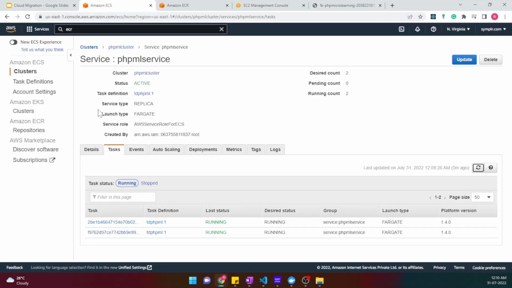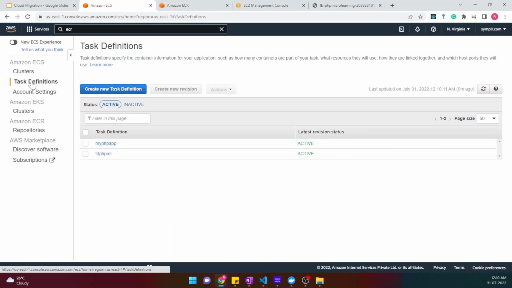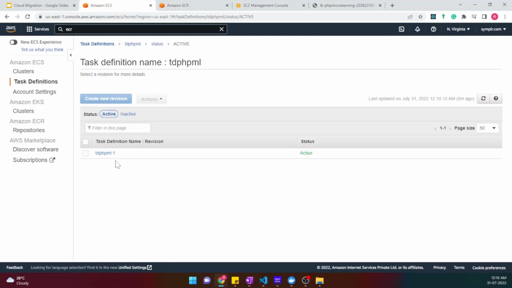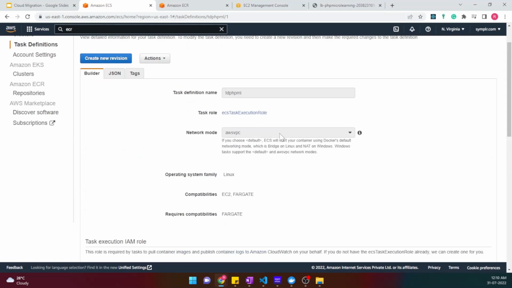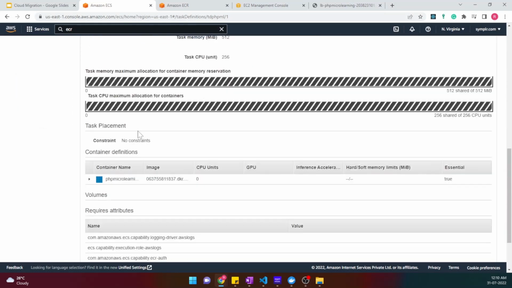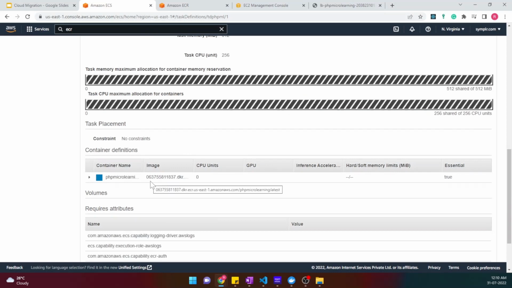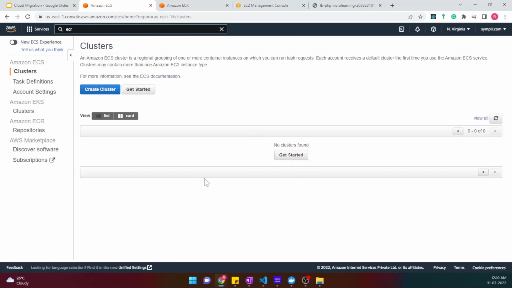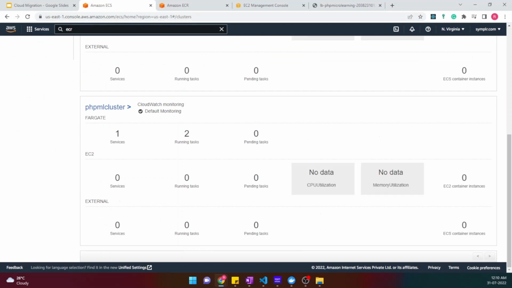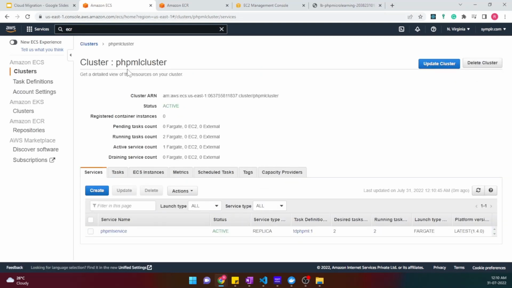Just to summarize, we have created the task definition. Under the task definition, we have configured the compatibility, the operating system, the roles, the task size and the container that we're supposed to run on each task. Once the task definition has been created, we have created the clusters. And under the cluster, we have one service and two tasks. Once we jump into the cluster, we can see that two Fargate tasks are running and one service has been created with the Fargate. So the service status is active,